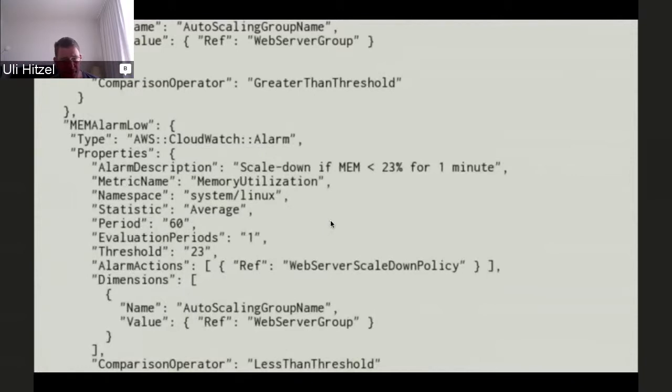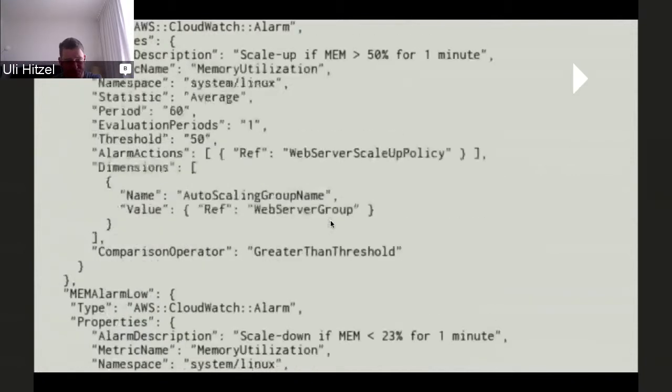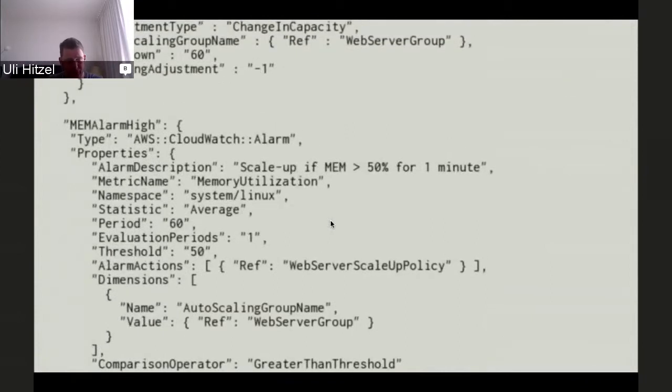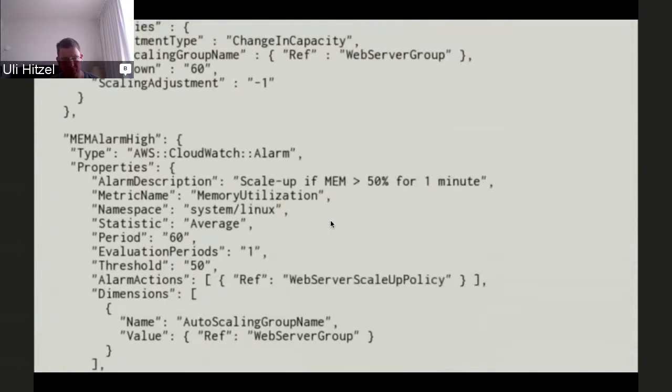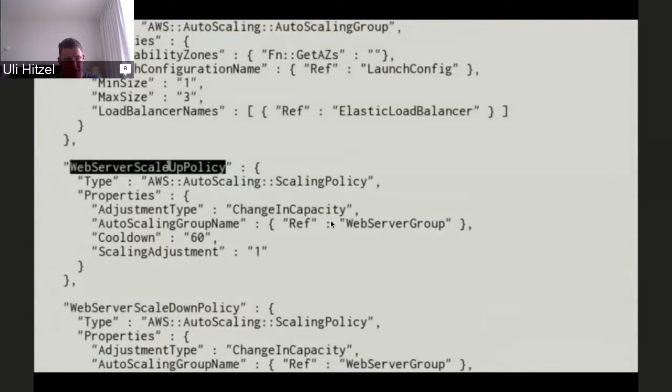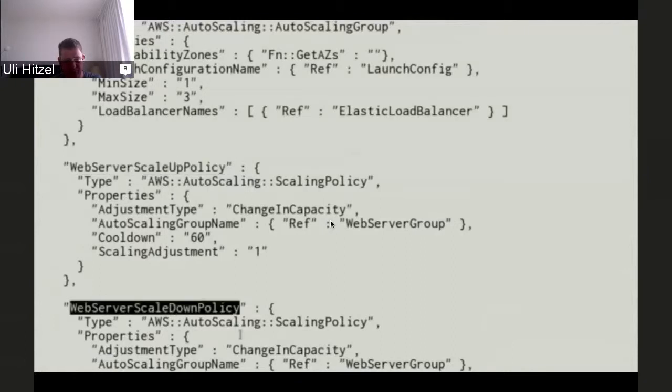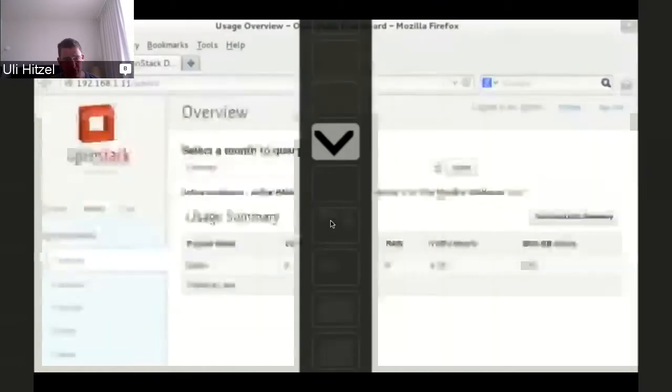So this is the example one, the CloudWatch alarm, where we see there is a memory alarm high. As soon as the threshold passes 50%, then we want the web server scale-up policy to come in place, which basically deals with spinning up a new instance and putting it into context. We should be able to see that here. That's the web server scale-up policy. Good. Now, when we go to the console,